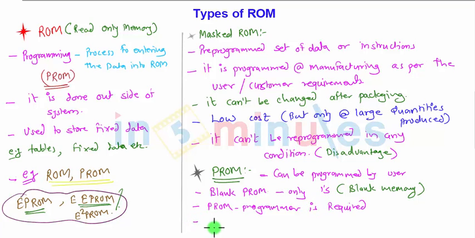The next point, it is also called a one-time programmable memory. Once you have programmed it, you cannot reprogram it. That's why it is called one-time programmable or OTP memory. The PROM programmer writes the data into the PROM by applying high voltage pulses, and that is nothing but an irreversible process. So that's all about the PROM.